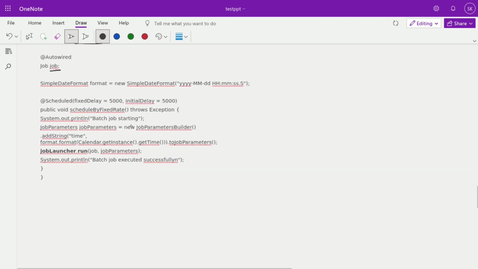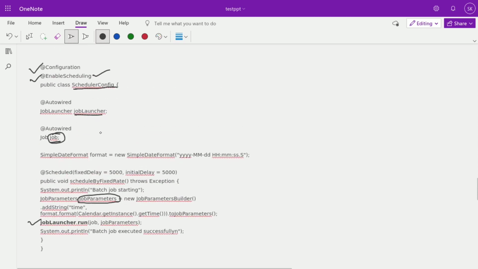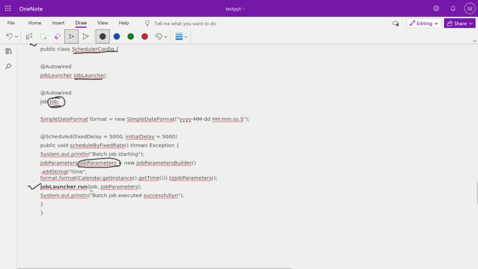Here we are saying this is our job parameter. Earlier we discussed that we require two things, a job instance and job parameters. The job parameters are created, and the job we already created here. So combining the job and job parameters, our instance gets launched. We are ready to launch this instance. In the autowired JobLauncher, we just pass this new job and the job parameters, and our job gets invoked.